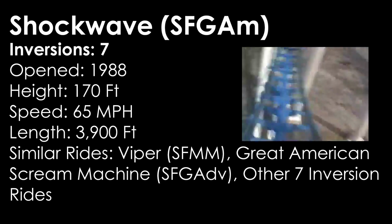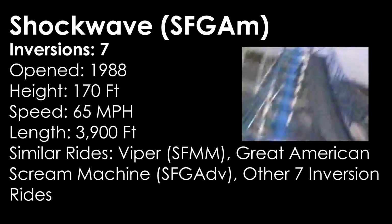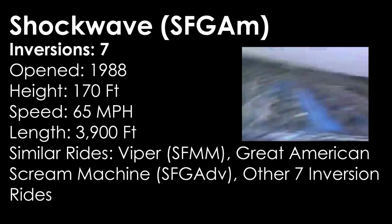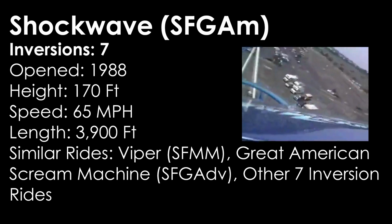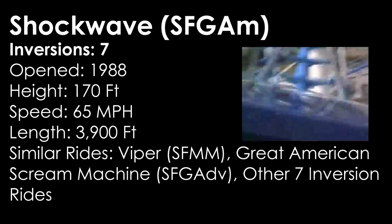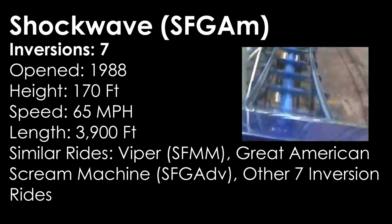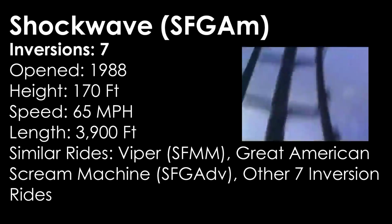This ride was one of 3 mega loopers built for the Six Flags chain from 1988 to 1990, and featured 3 vertical loops in a row and a batwing and 2 corkscrews. The layout of this is also similar to Viper at Magic Mountain and Great American Scream Machine at Six Flags Great Adventure. This was the only one out of the 3 to have blue track,